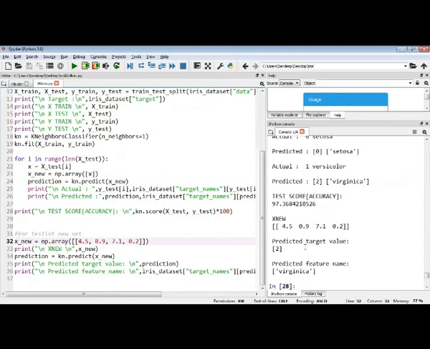Before it was saying Setosa, now it is saying Virginica as the class of the plant. Is it clear? A simple KNN algorithm program implemented in Python. So this is your lab program number 9.